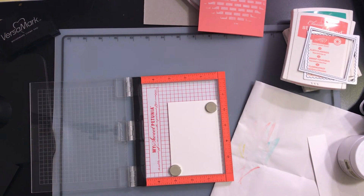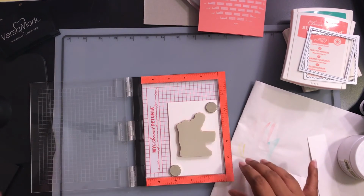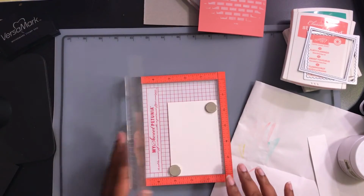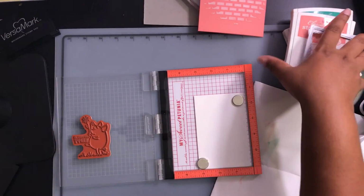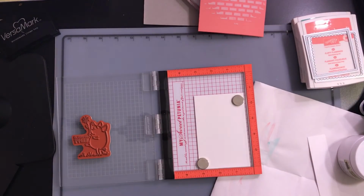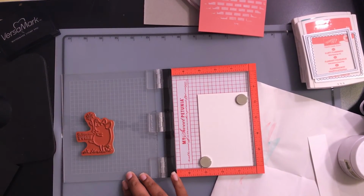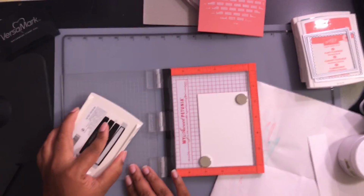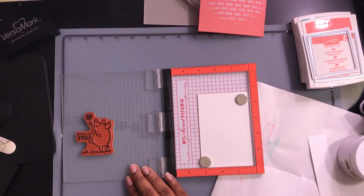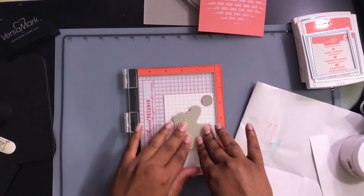Okay, and so I'm using this image here, and I hope I cleaned it well, so I'm gonna try not to. Okay, so I'm going to use the basic black art cobble. Let me just make sure I'm in the frame. Okay, so I'm just going to